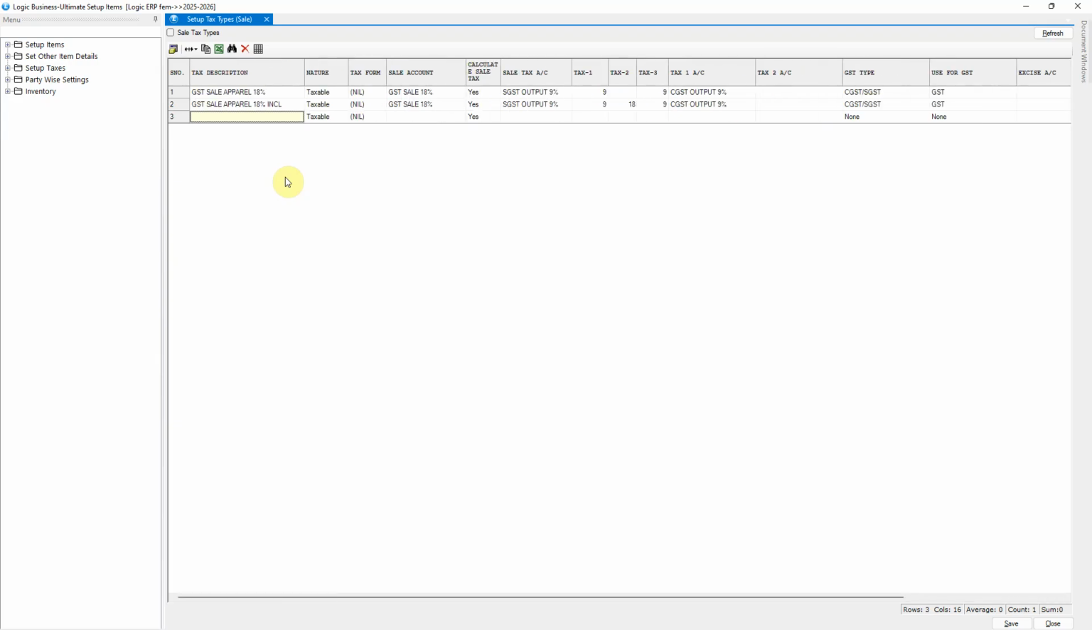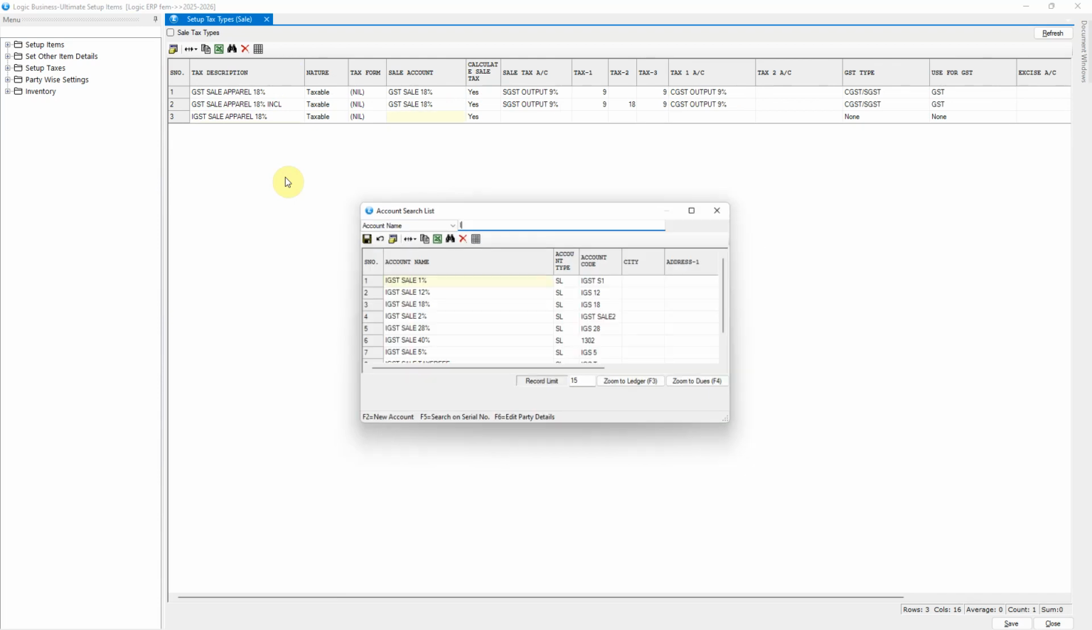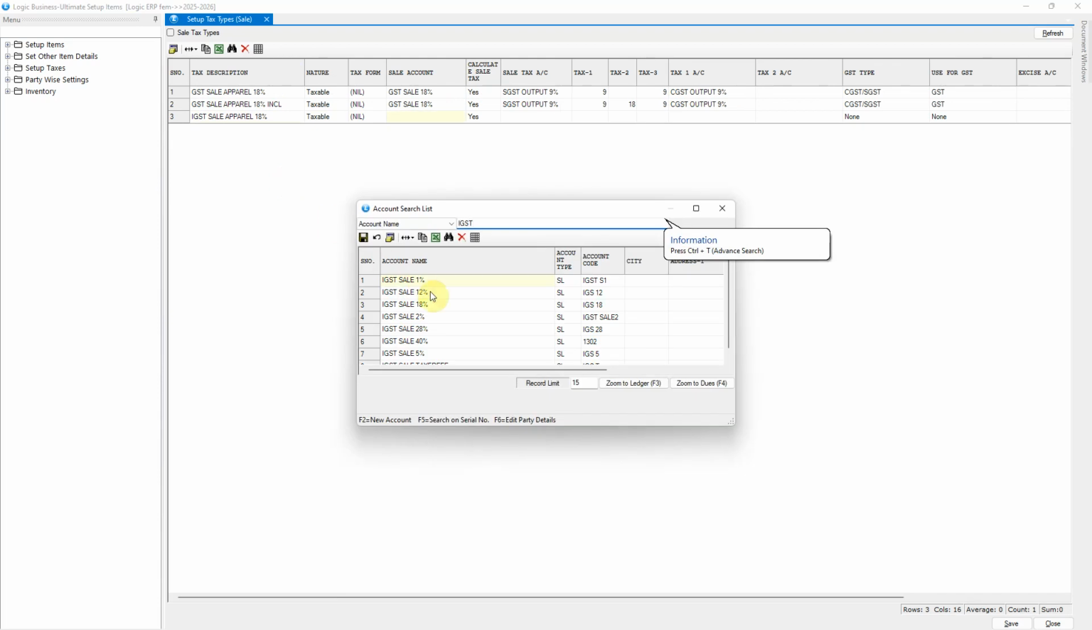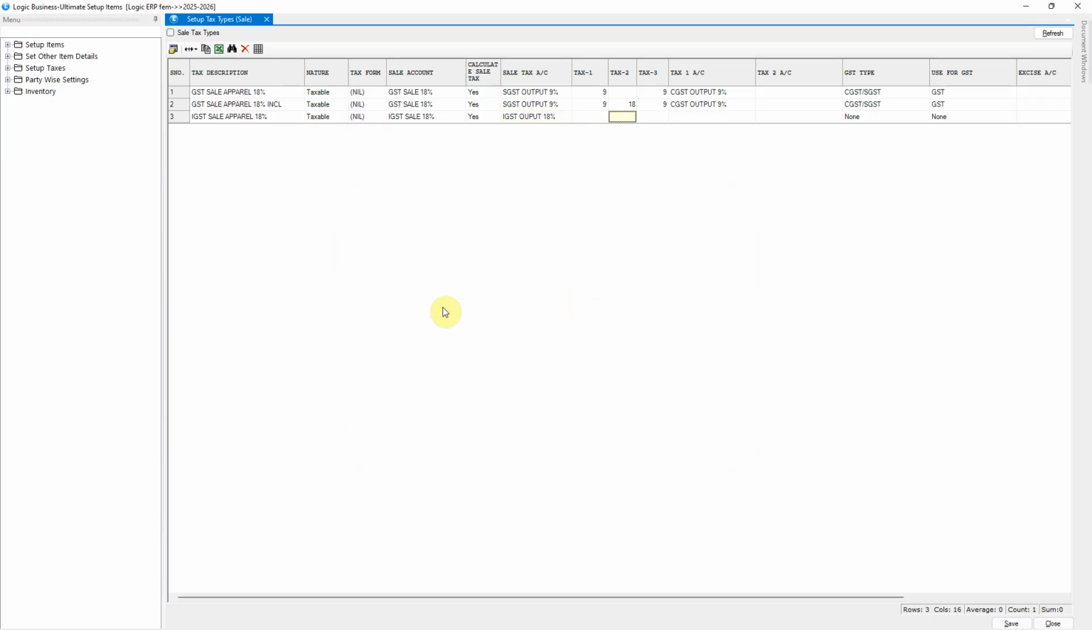For the IGST sale tax types, enter the tax description as IGST Sale Apparel 18%. In the Sales Account column, allocate the IGST Sale 18% account. Choose IGST Output 18% in the Sales Tax Account column. Then, under the Tax 3 column, define the rate as 18%, set the GST type to IGST, and mark it